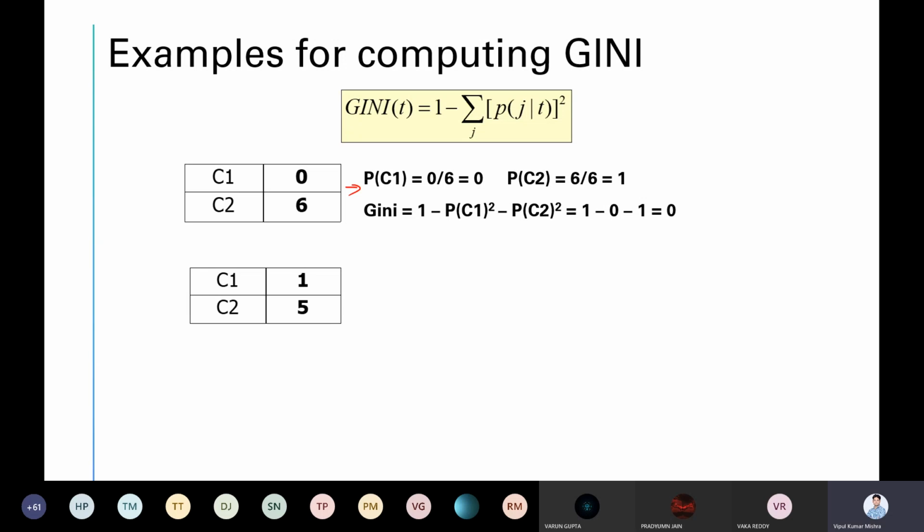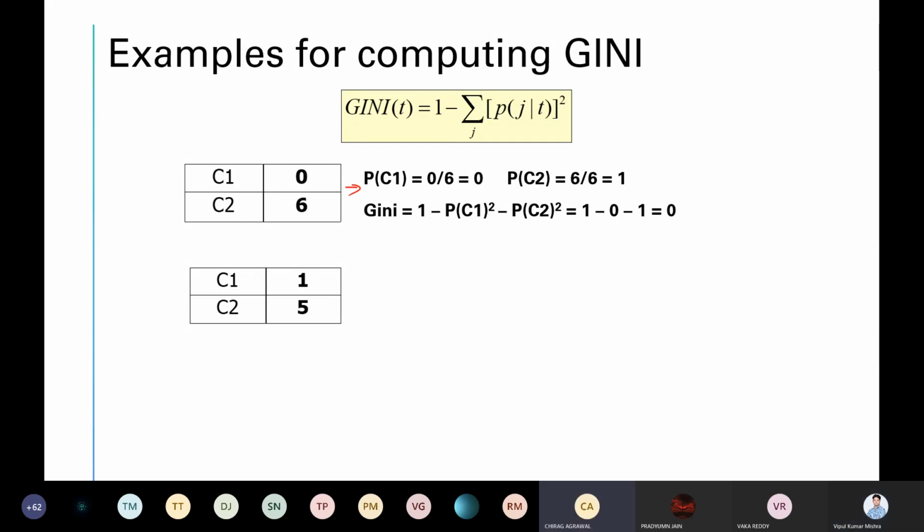What about this? What will be the Gini impurity for this? Quickly compute it. These are small numbers, you can compute easily. You can use a calculator as well if you are not really comfortable with the plus, minus, divide and square. So what will be the Gini impurity for this? I am hoping everyone is doing it at their end, at least trying.